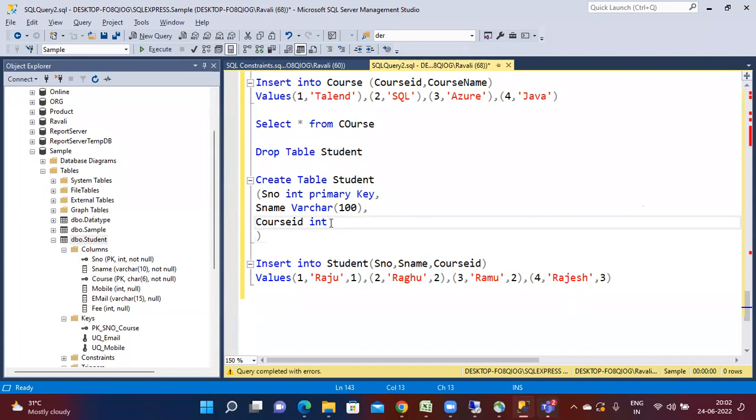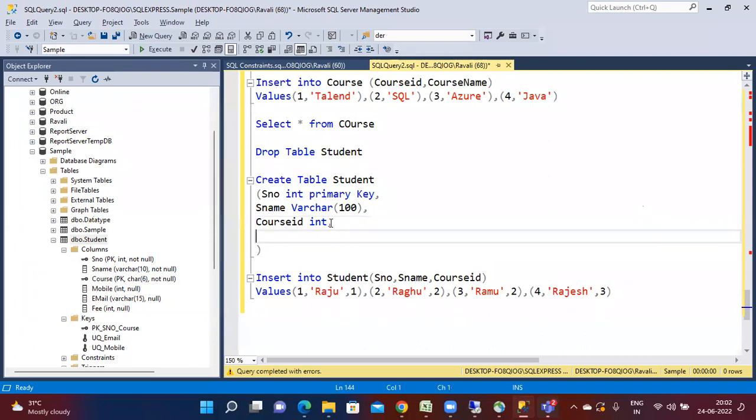So here you need to define a foreign key. Constraint, foreign key, course ID, constraint name, foreign key of course ID. So we have created a foreign key constraint on this table. Okay, this references